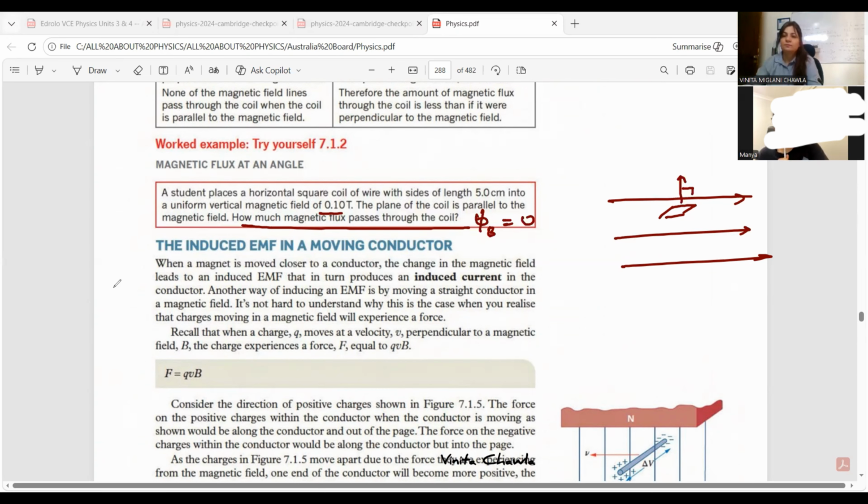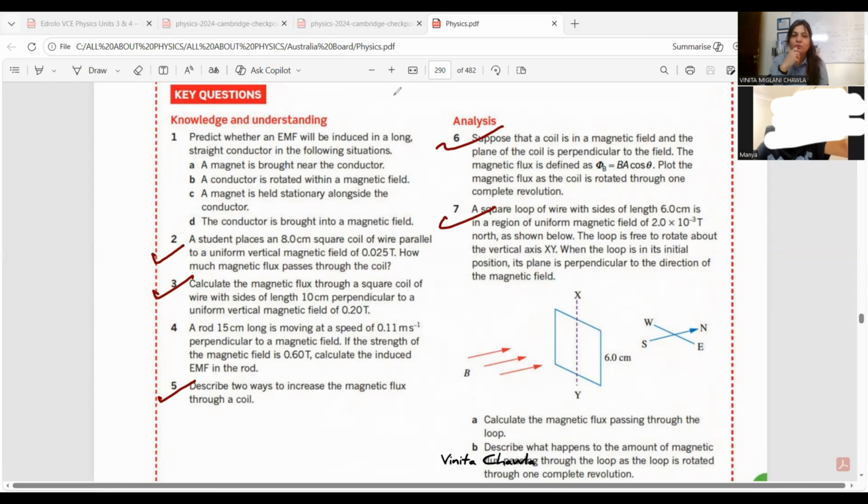Done? Can you answer this question number 2, 3, 5? Yeah. Question two is zero because it's